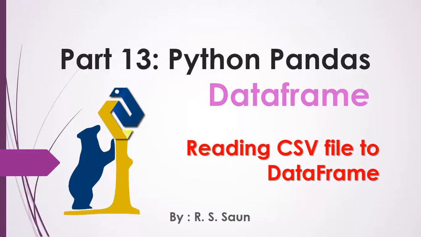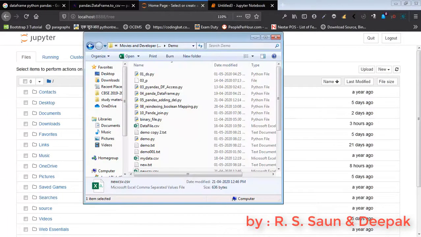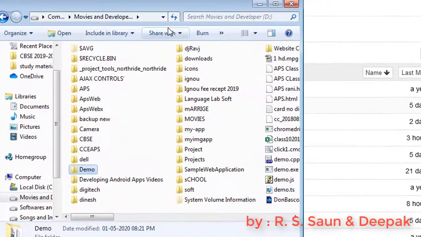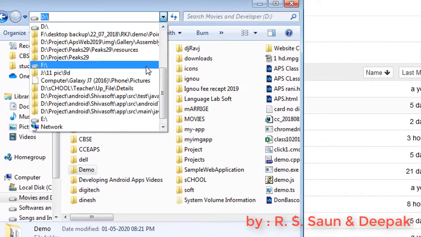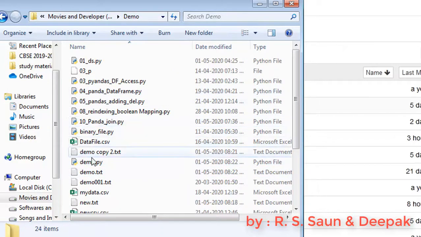Today we are going to learn what CSV files are and how to handle them with the help of Python Pandas. So let us understand what CSV files are. I will show you this in my system. I have a file in the D drive. If you see, this is my D drive, and in my D drive in the demo folder I have some